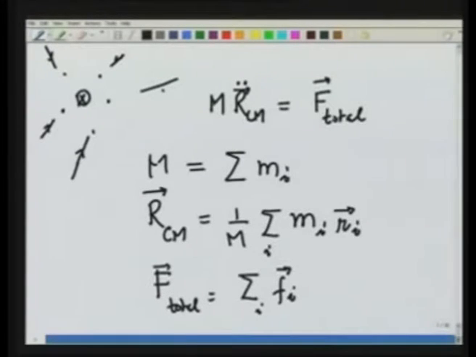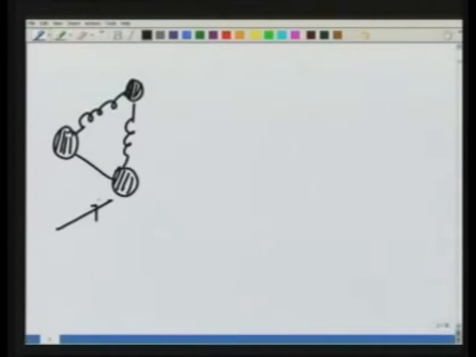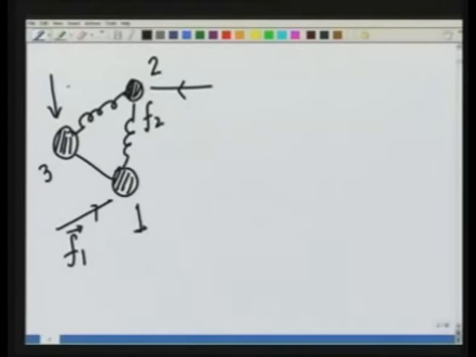Now, I want to look at individual particles, how its motion takes place. I want to go beyond the center of mass motion. So, for example, suppose I have these particles connected by a spring. For simplicity, I will just take 3 of them and I apply different forces on each particle. Let me name this particle 1, particle 2, particle 3. Let force on particle 1 be F1, let force on particle 2 be F2,